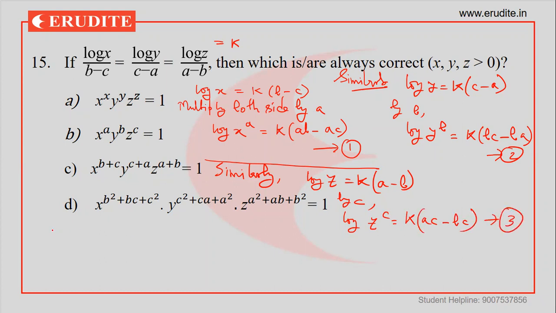What I will do, I will add 1, 2 and 3. Then what happens? The left hand side would be log of x to the power a plus log of y to the power b, and so on. So log of x to the power a multiplied by y to the power b multiplied by z to the power c. The left hand side will become like that, and the right hand side is k times of